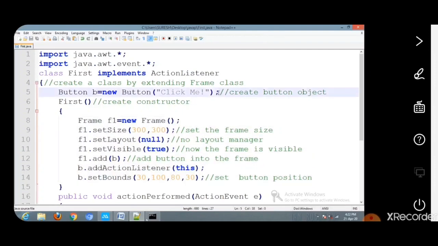And the objects can be created outside the function, that means the constructor, which is common to both the constructor and the actionPerformed methods. Is it clear? So this is all about how we can create a simple AWT frame in Java by using the frame class.